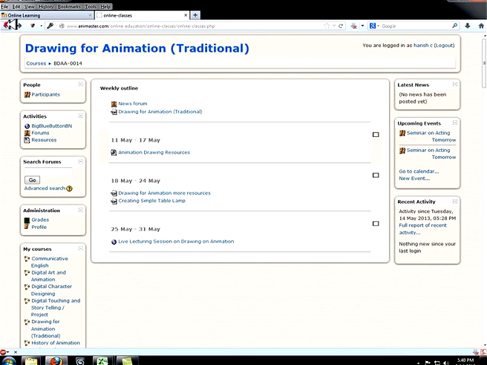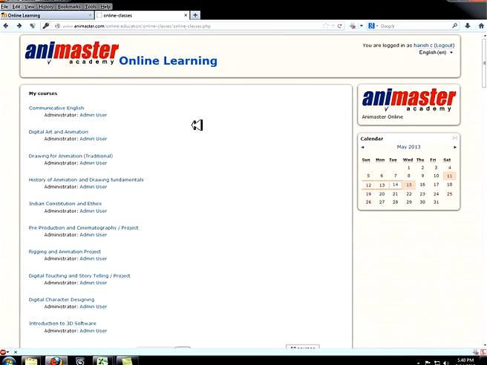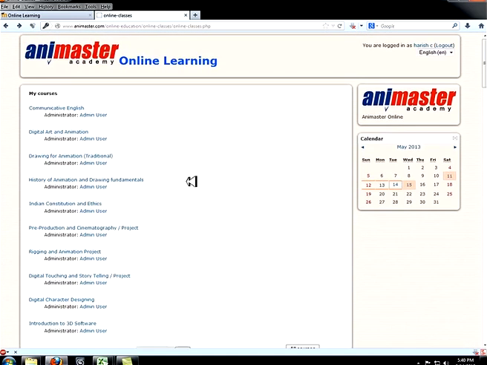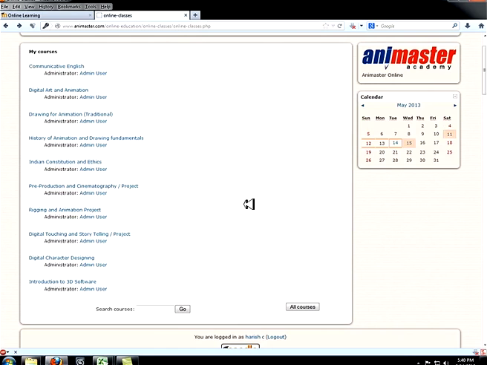Let's get back to the main screen again, and you can see various courses which are subscribed, like Communicative English, Digital Art and Animation, Drawing for Animation, and a lot of courses available here. Below you will find Search Courses, which he can use for searching various courses.